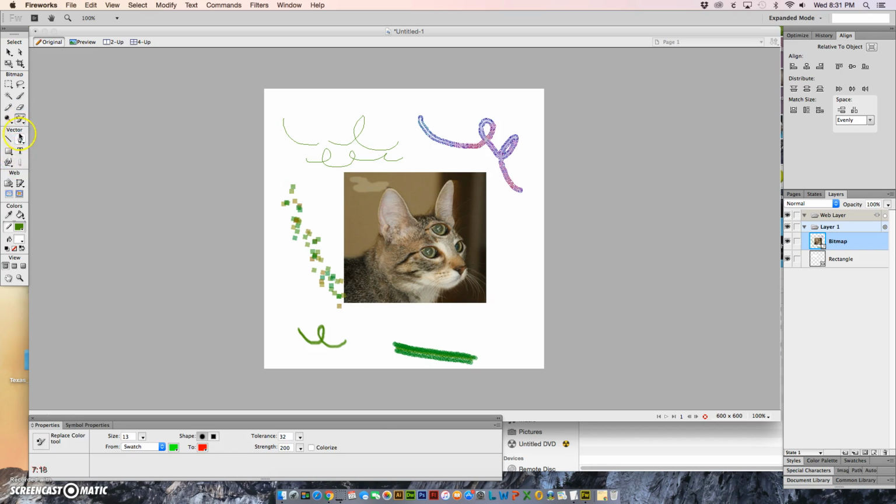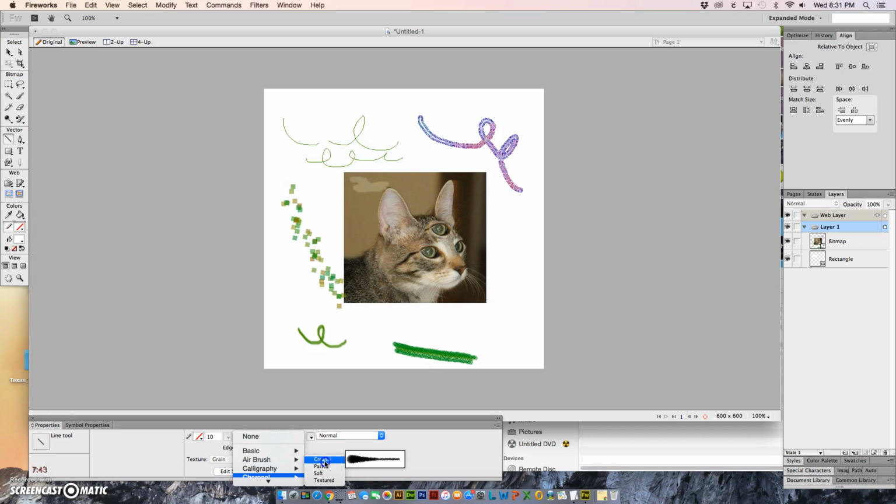Then we go down into our vector graphics. And vector graphics, remember, is items that allow you to scale it and still keep the same quality. So we have a line tool. And again, with the line tool, you have the ability to change the color, change the stroke size, change the type of line that you would like. Okay. I'll choose